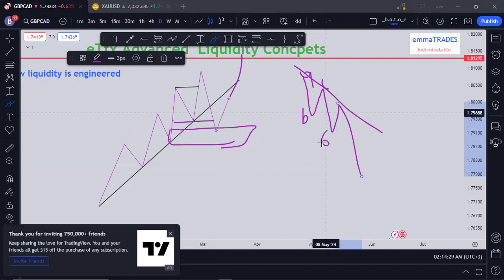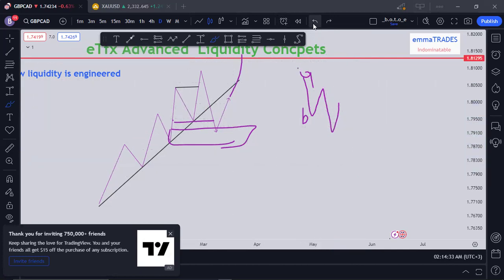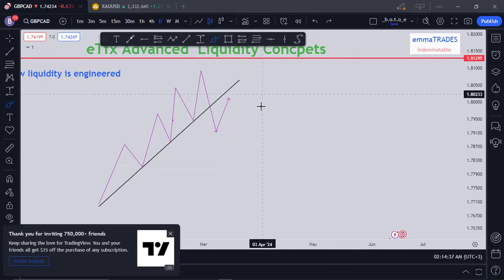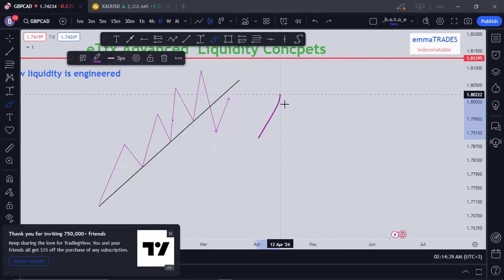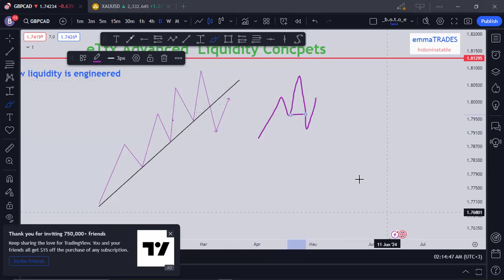So basically, that's why this is a confirmed change of character. For guys who don't know it, some people look at it as the silver bullet pattern. Of course, you don't consider time. The confirmed change of character is this. So I have this. Now this is a market structure change. It's not a change of character yet, because characteristics are not yet fully aligned in the same direction. I know many videos show you that this is a change of character, but this is just a